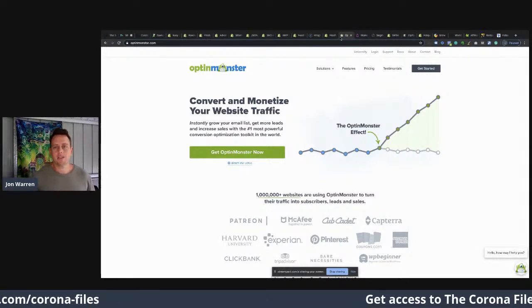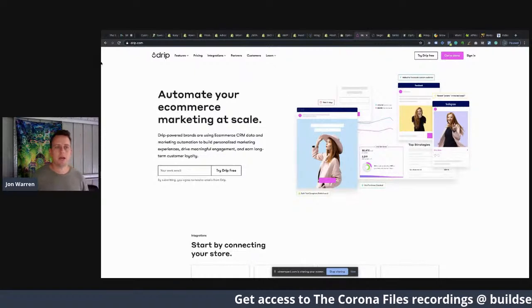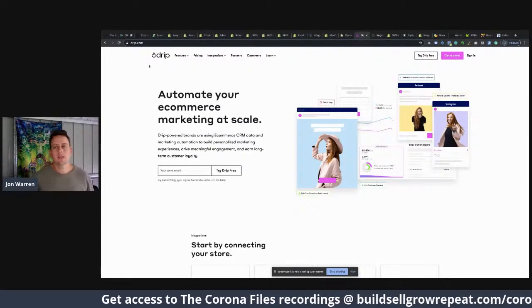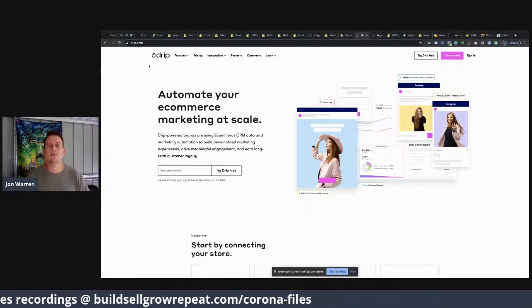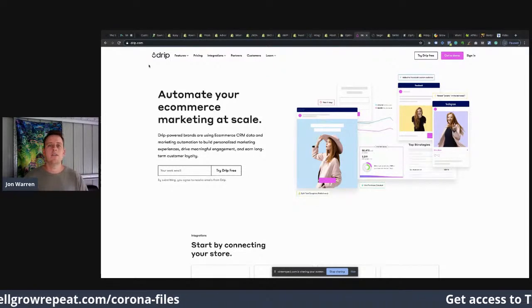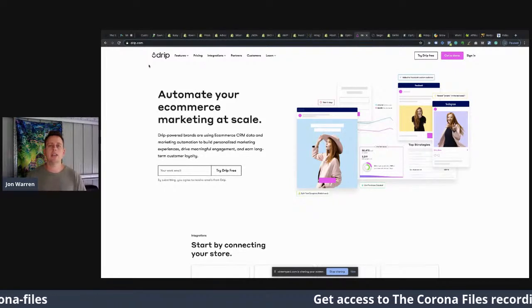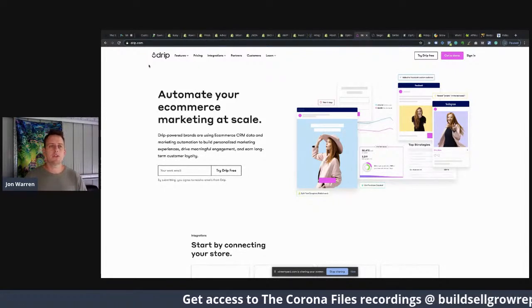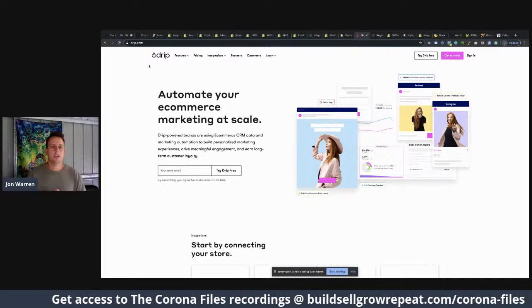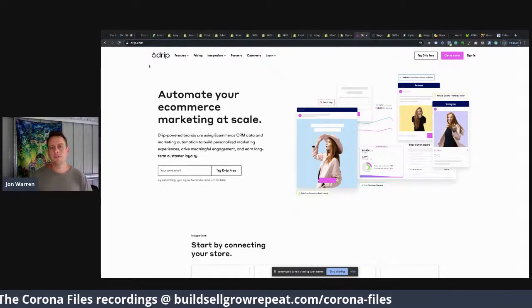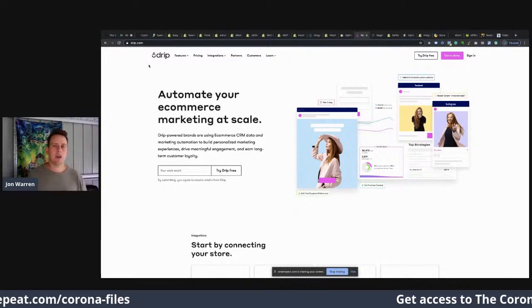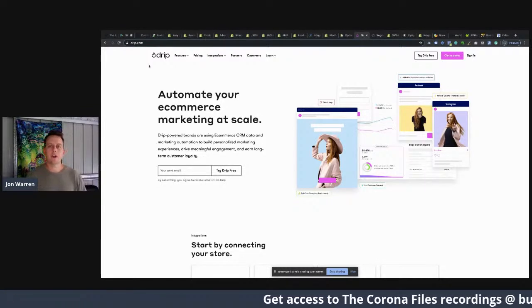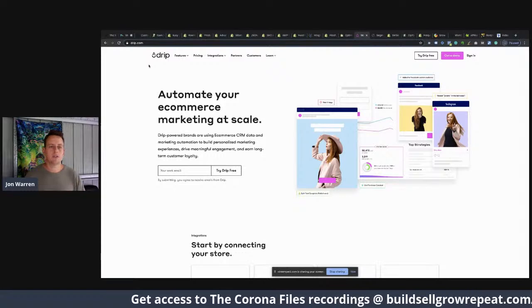Now, for email marketing itself, forget the opt-ins. I'm going to do some email marketing. I use Drip for email marketing these days. This is a more recent development for me. For many years, from the day I started in e-commerce, I had used Klaviyo, which is what probably the largest group of Shopify users and high-ticket dropshippers are using right now. Klaviyo is a great tool for email. It's a great email autoresponder,